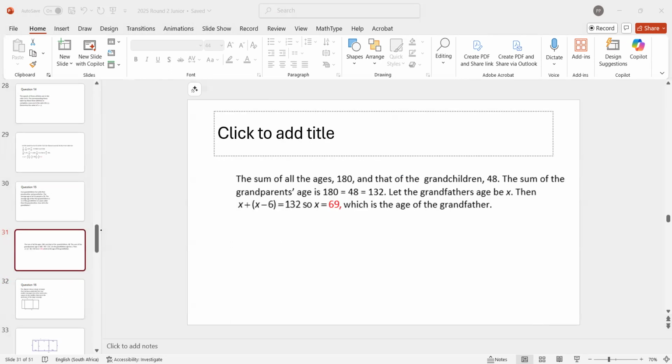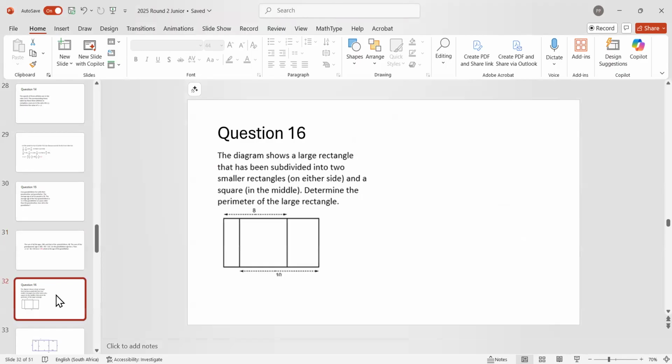same answer I have. Right, I got 69 in red. Okay, so that's great. I'm getting the same answers right throughout. So let's get on to the next problem. We now go on to question 16. All right, question 16 says, the diagram shows a large rectangle has been subdivided into